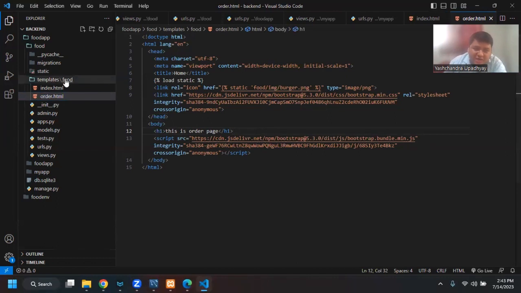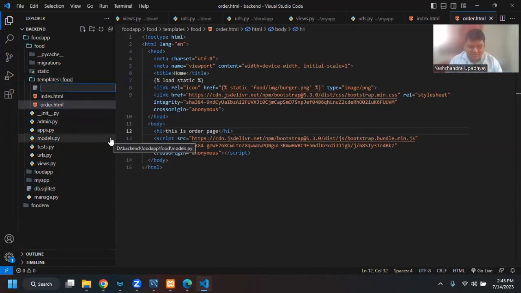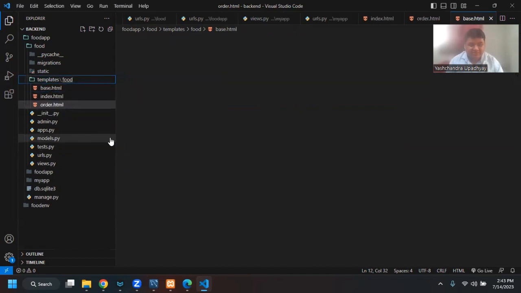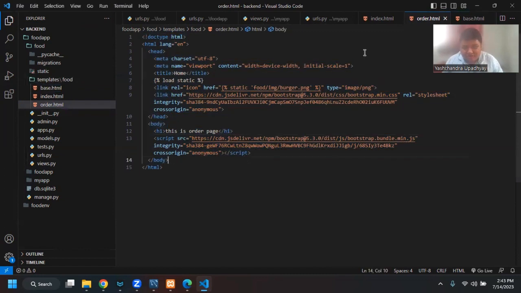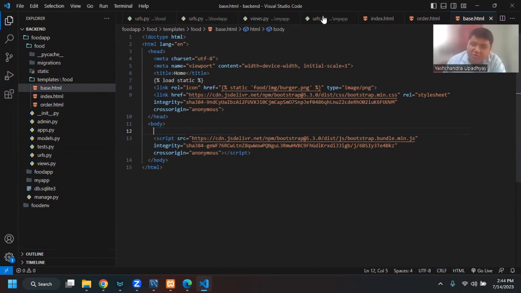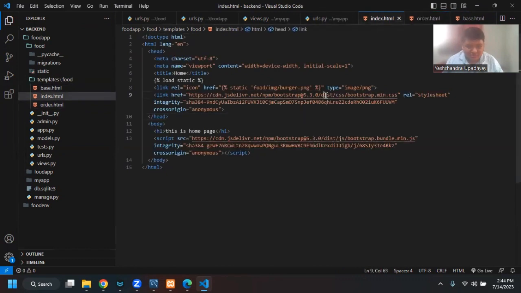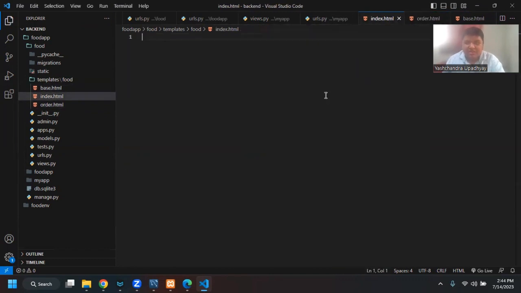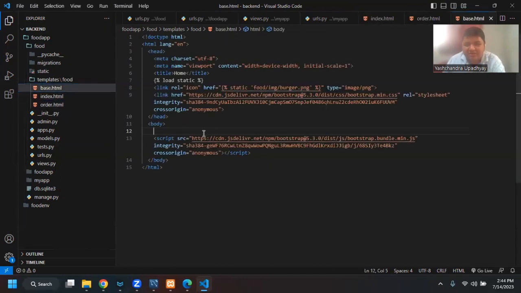So in the food app, I will first create, let us say, base.html. Now in base.html, first I will simply copy it, right? I will not write any H1. So this is my base HTML. Now I don't need all of this in the index or order.html. I can just go on the base.html, and now I will say that,